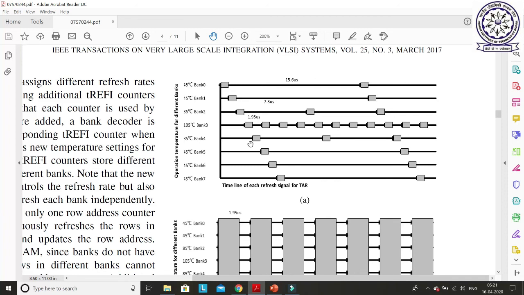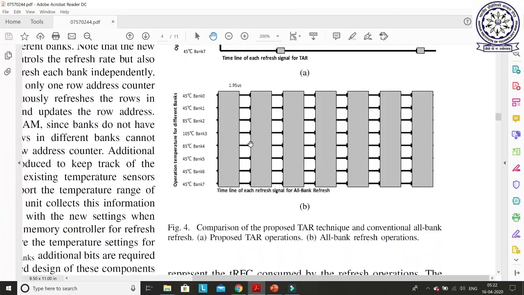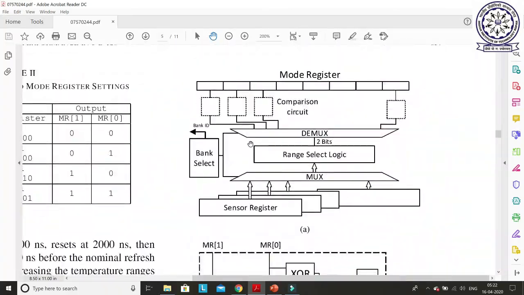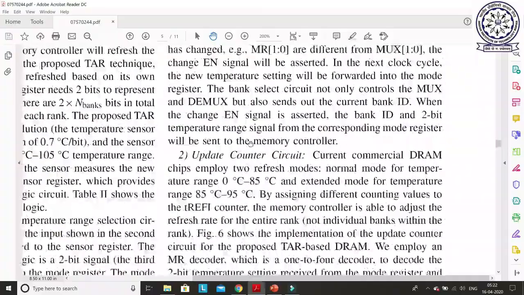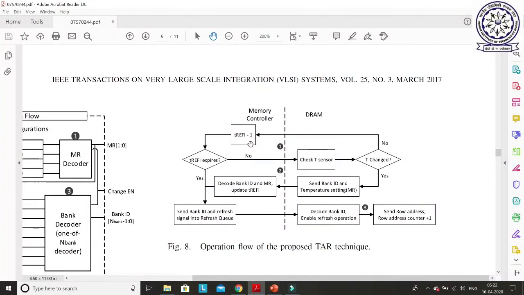There is a basic limitation of this paper if we want to implement it for commodity DRAM design. What the limitation is, and how we can handle it, you will understand if you read this paper completely. What I'm expecting from you is that you read this paper and try to understand this concept. The complete flow of TAR is explained in this diagram, so try to understand this diagram by yourself.